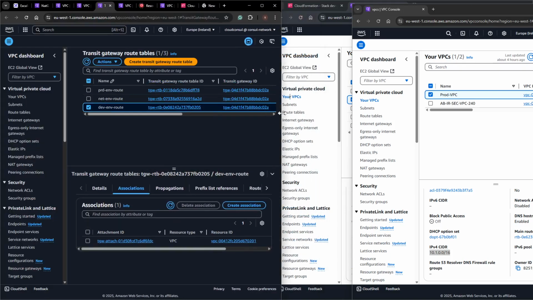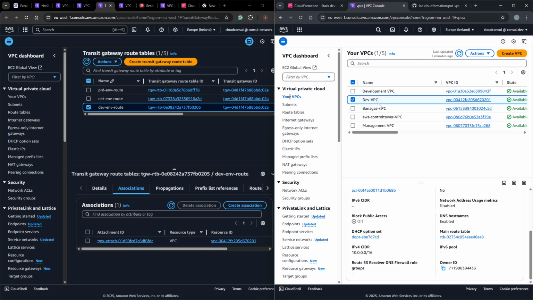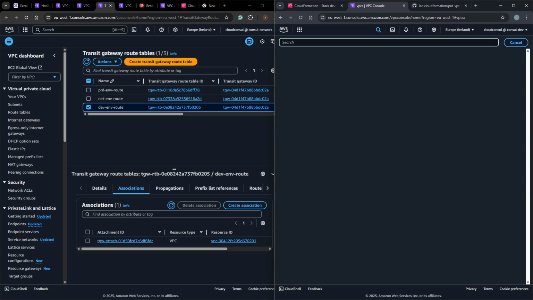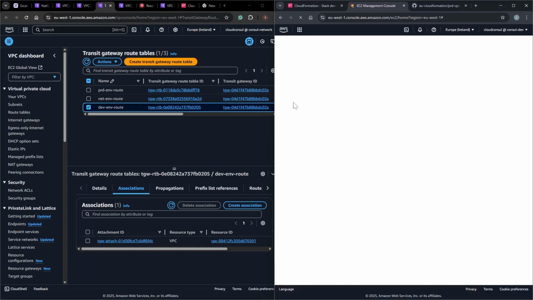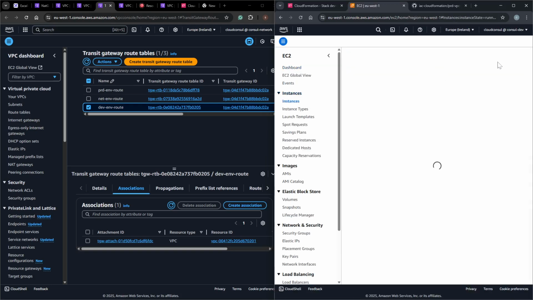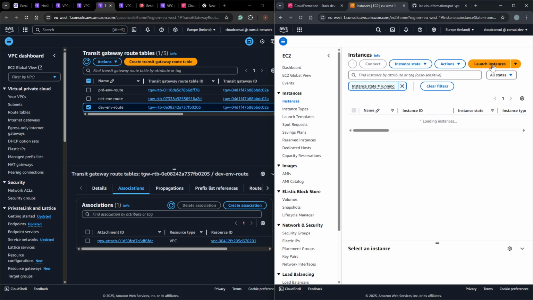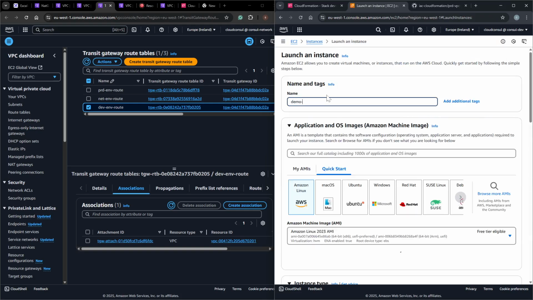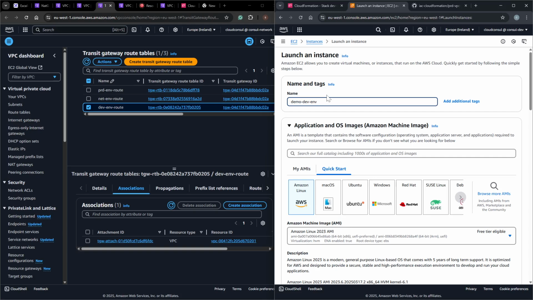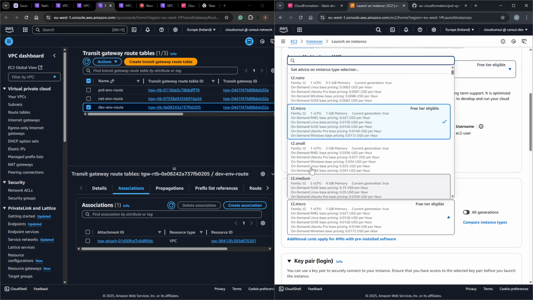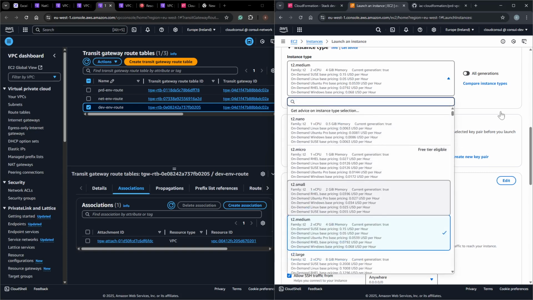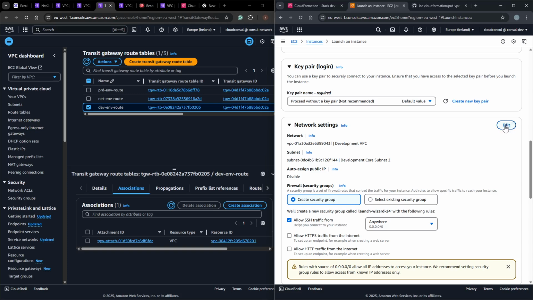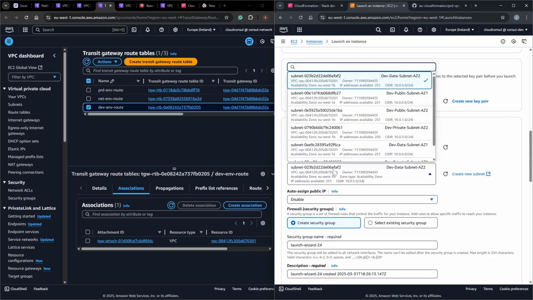Now let's go to the environment and we will be spinning a machine into the respective VPCs and seeing whether the outbound internet traffic is going from this NAT or not. So EC2 machine. Launch instance. Okay, I'll just use T2 small. Proceed without compare. Need to make sure I'm selecting my own VPC, and this instance will be running in a private subnet,